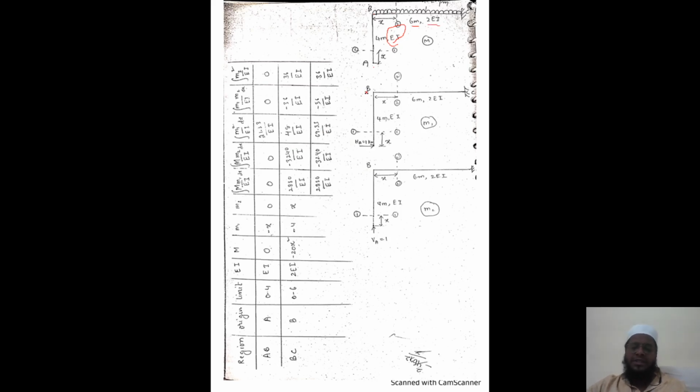Whatever the modulus of elasticity given in the question, you have to write there. If they have not mentioned any modulus of elasticity, then simply we have to take EI only. No need to take 2EI or 3EI. If they have not mentioned, don't write anything, simply take EI. If they mention any value, that is 2EI or 3EI, then that value you have to consider. In many previous question papers, we have seen that many examiners will not give us the modulus of elasticity of the entire beam. So in that case we have to consider EI only. If they mention 2EI or 3EI or 4EI, then depending upon the problem you have to use that.